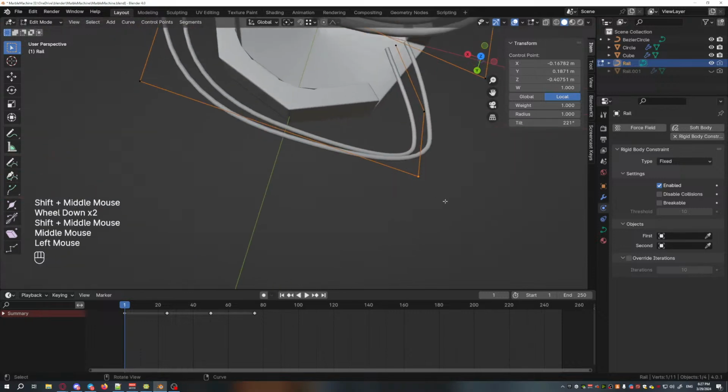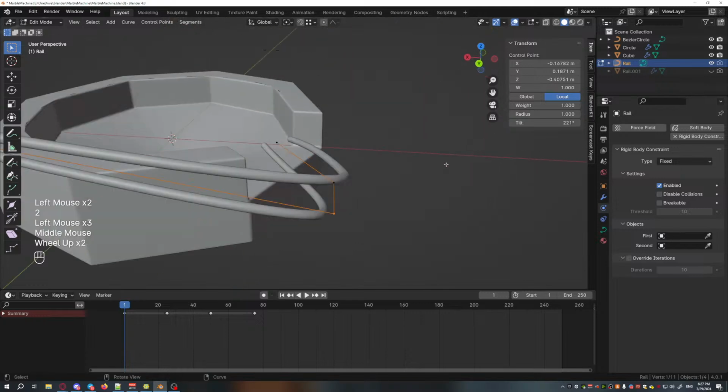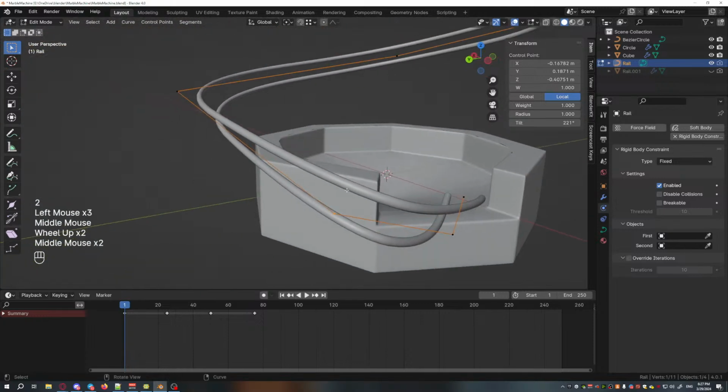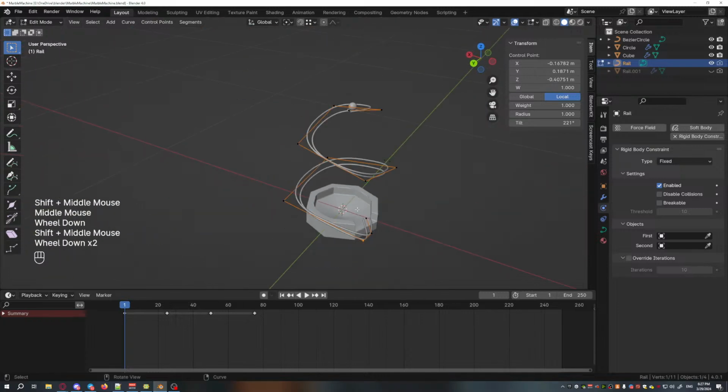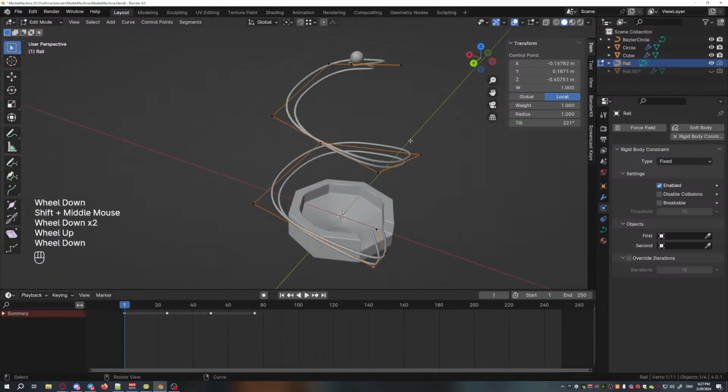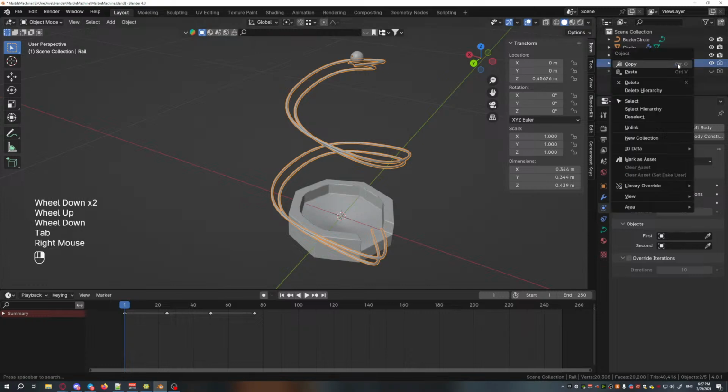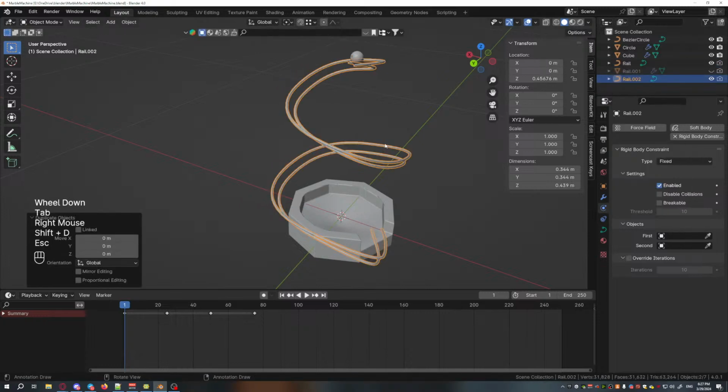When I try to tilt the vertex, it tilts the entire segment. So that is a bit troublesome. But nevertheless, with this geometry, I think we have very good